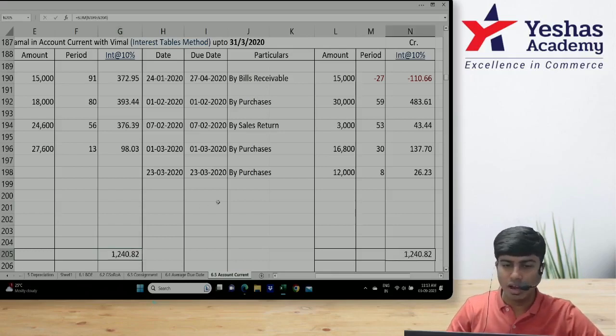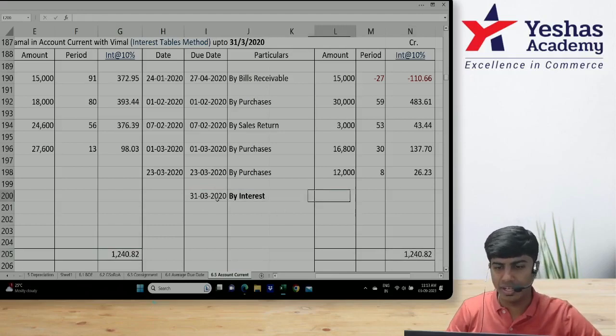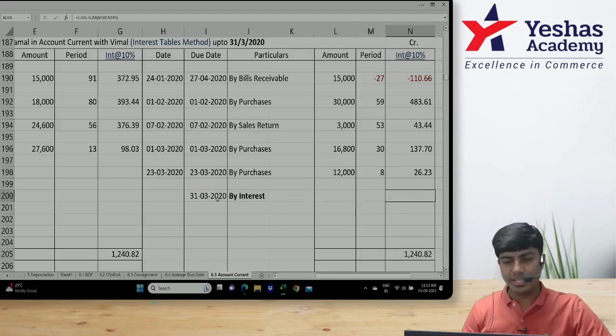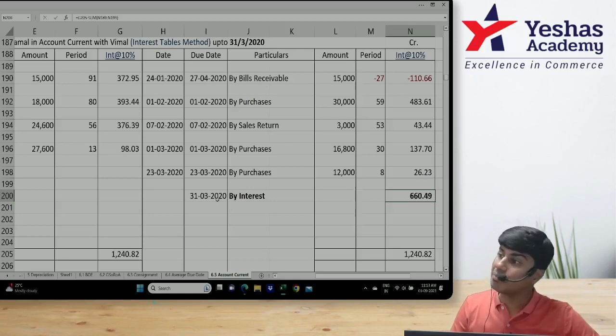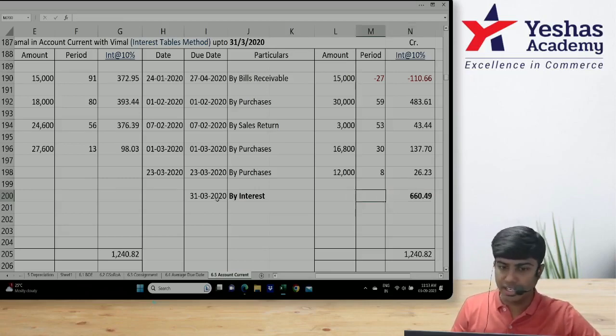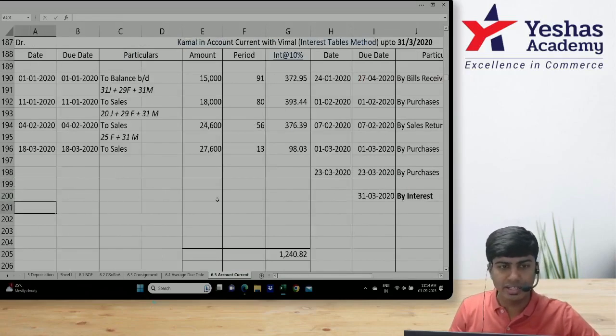$1,240.82. Now find the balancing figure. Interest column balancing figure. Faster, faster. 660.49. When we shift it to amount column, it will come on the opposite side. Shall I write debit side? I'll write here interest